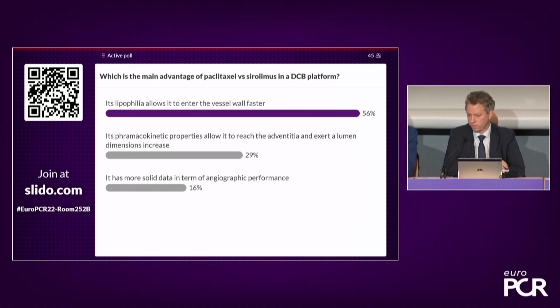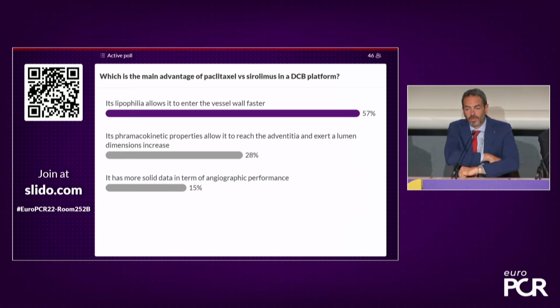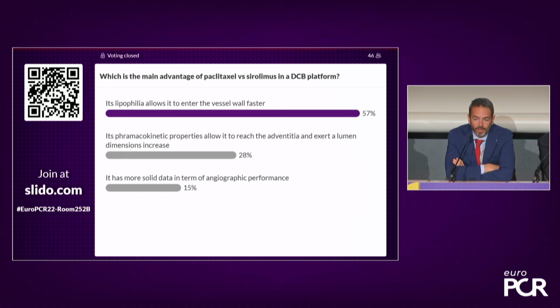Bernardo, do you want to have a look at the results here, or should we discuss them? So I think this is the final result. The majority of the people here think that the lipophilia of Paclitaxel is the major advantage, because it will allow it to enter the vessel wall faster, with 57%, and 28% think the pharmacokinetic properties allow it to reach the adventitia, which is something hypothesis generating,